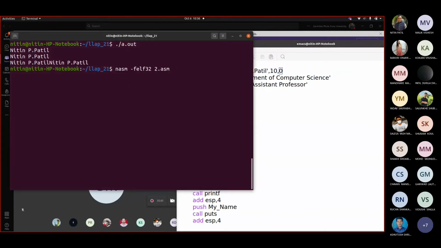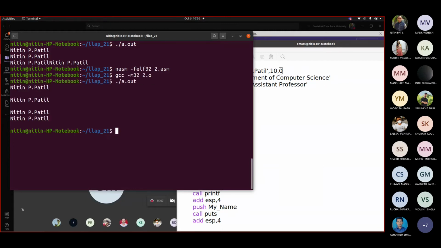I will keep that output there. Assemble, gcc, execute. Now see the output. So puts already added a newline, it came to the next line, correct? But here it added one more line because of that 10.